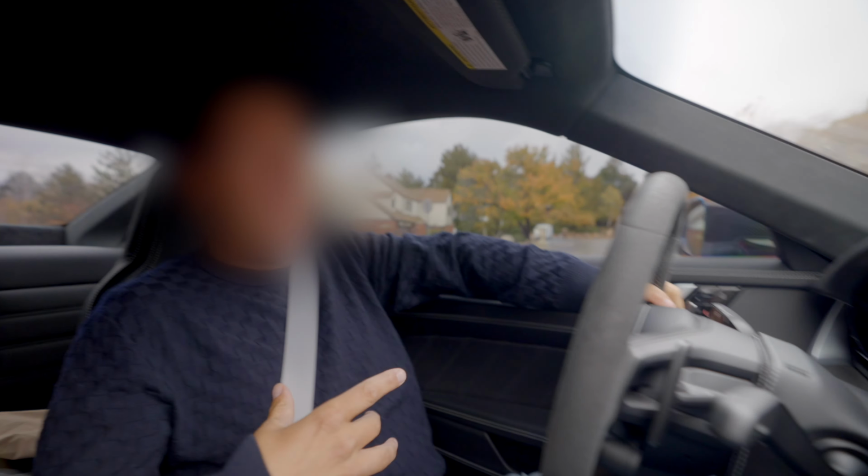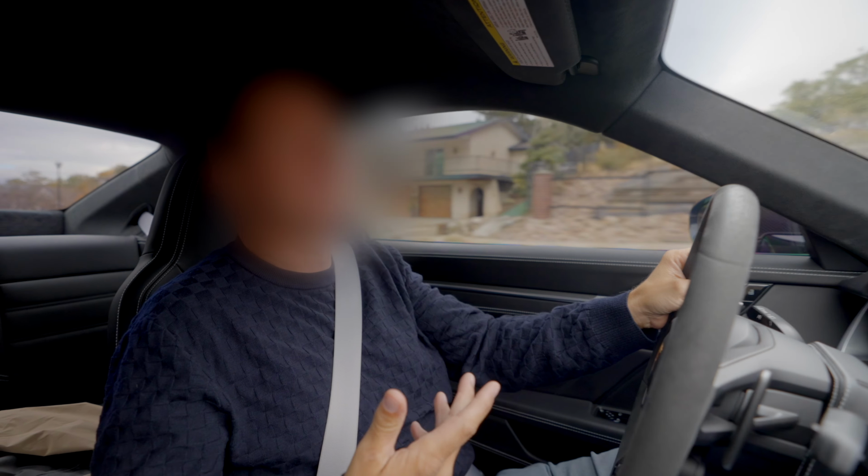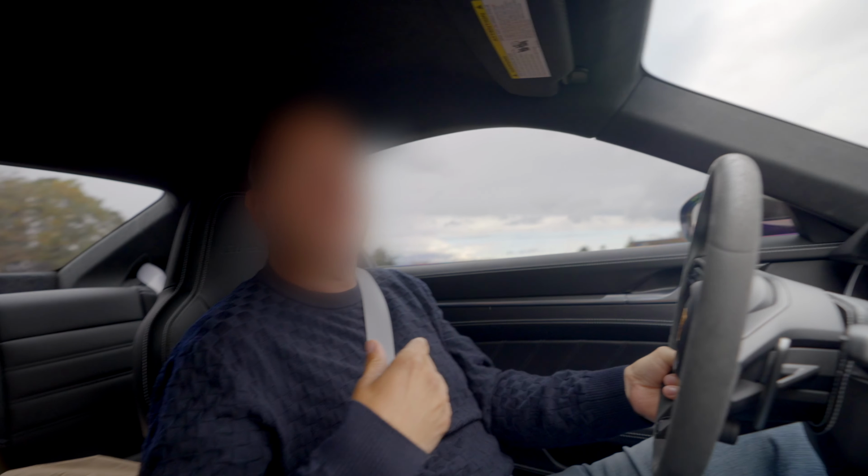It's a little bit different. If you want a car that shouts, look at me, this is probably not the car for you. However, when you park this thing in a valet up against a Huracan or an Aventador or an SF90, my eyes are often drawn to the Turbo S. This car's lowered, it's on